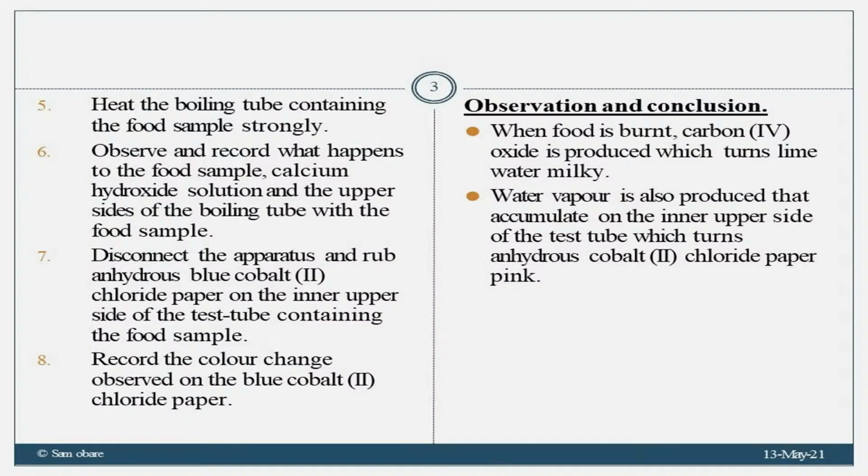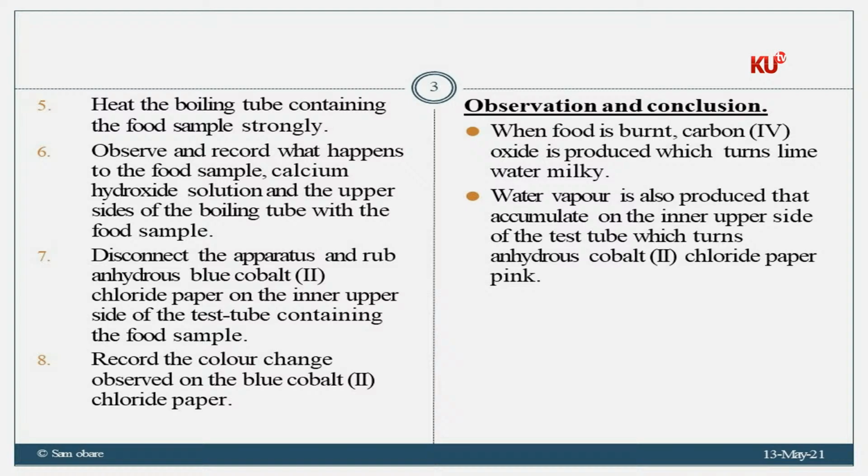Then let's give the explanation. Why does the calcium hydroxide form a white precipitate? When food is burnt, carbon dioxide is produced. Then carbon dioxide reacts with calcium hydroxide to form